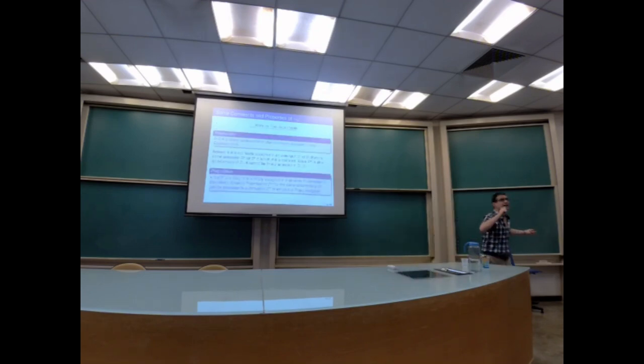Okay, so first, a note on final acceptability. If A is finally acceptable in D, then it is finally acceptable in any extension of D. This is quite obvious, right? Because if there is any extension D prime of D in which A is not finally accepted, then there is another extension, D double prime of D prime, in which A is eliminated. But remember that D double prime is also an extension of D. Therefore, A cannot be finally accepted. Okay, so this is quite an obvious proposition.